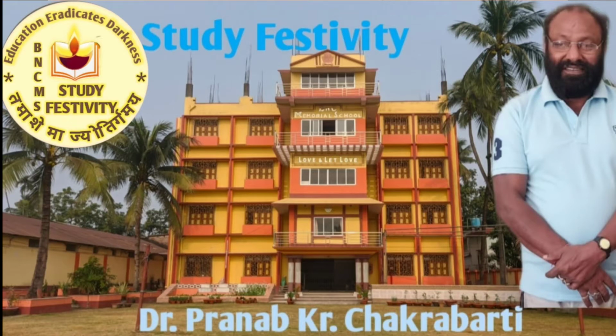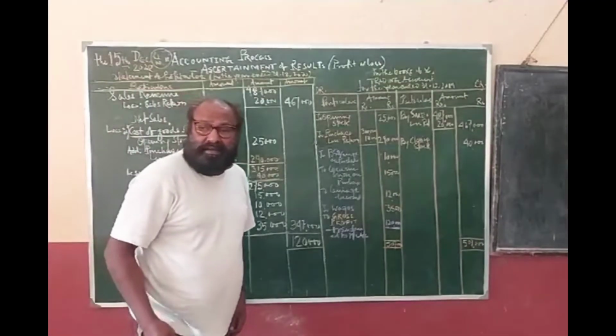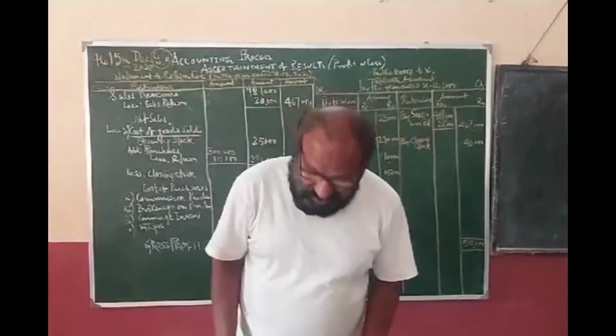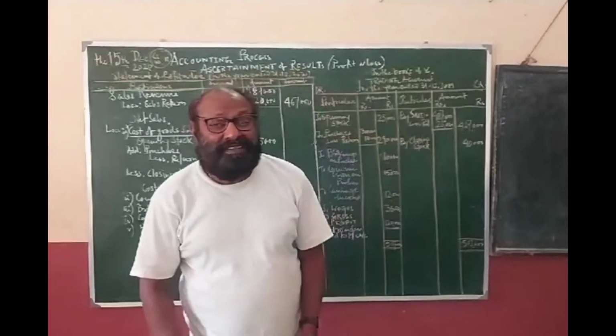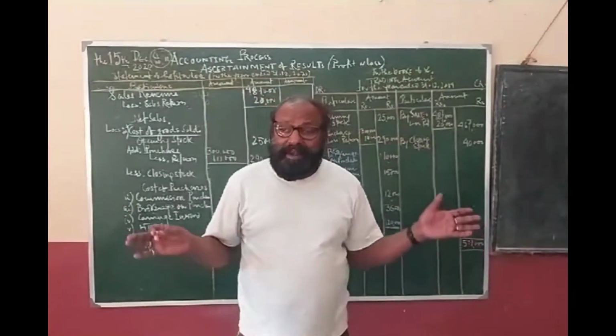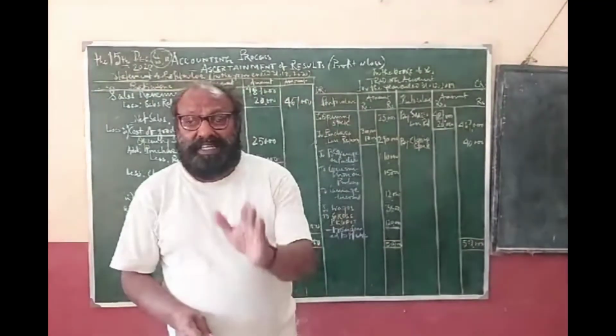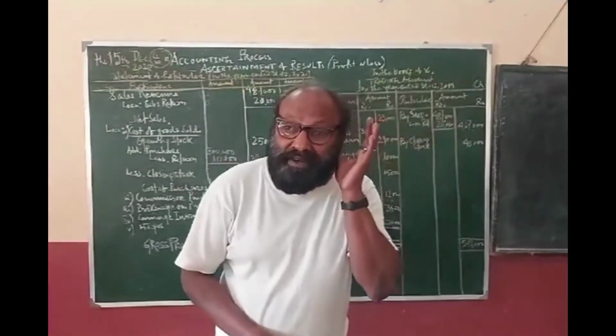Now, today I am with accounting process again, and it is class number 11. The topic is ascertainment of results. I have repeatedly told you what are the different aspects of accounting process: